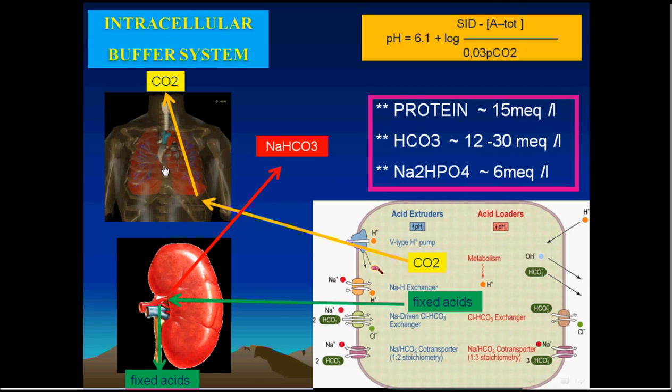If there's some sort of hypoventilation, for sure the carbon dioxide will increase in the lung, increase in the blood, and then increase in the cell. Or the reverse: if there is some sort of hyperventilation, the washout of carbon dioxide will decrease its pressure in the lung, in the blood, and in the cell. So there is a balance between the